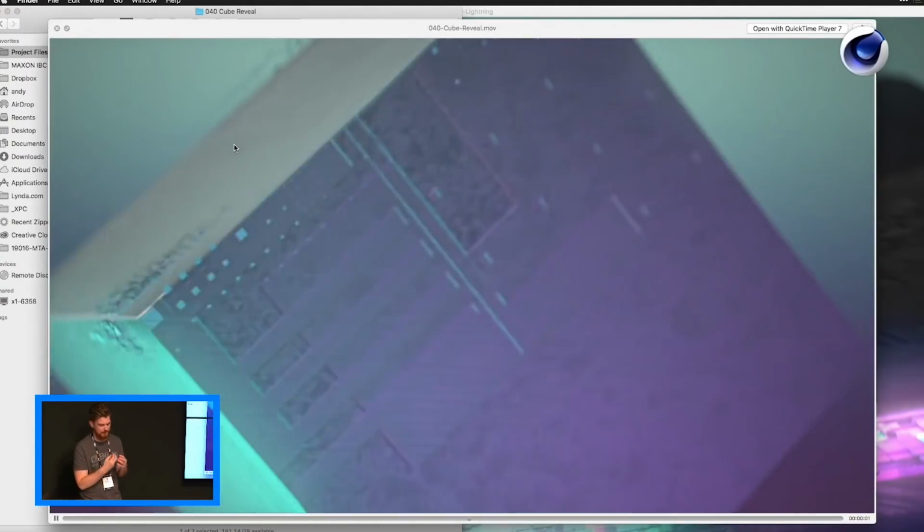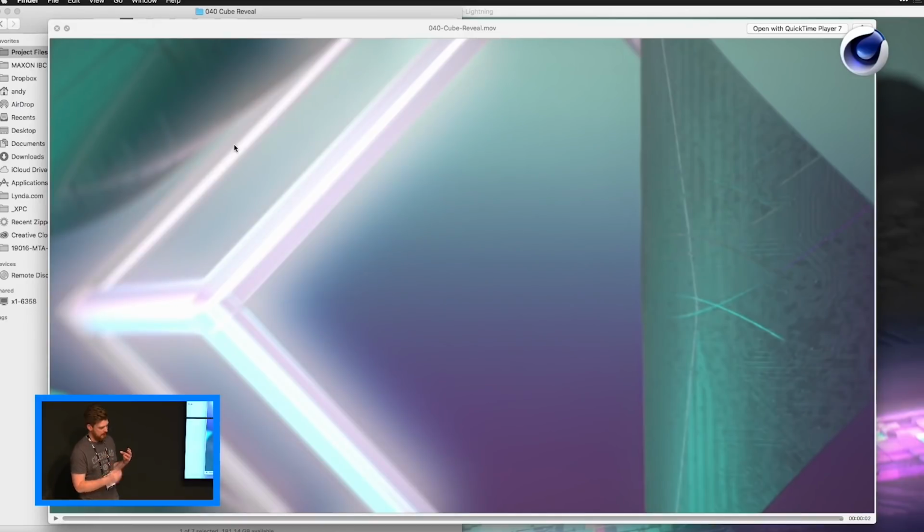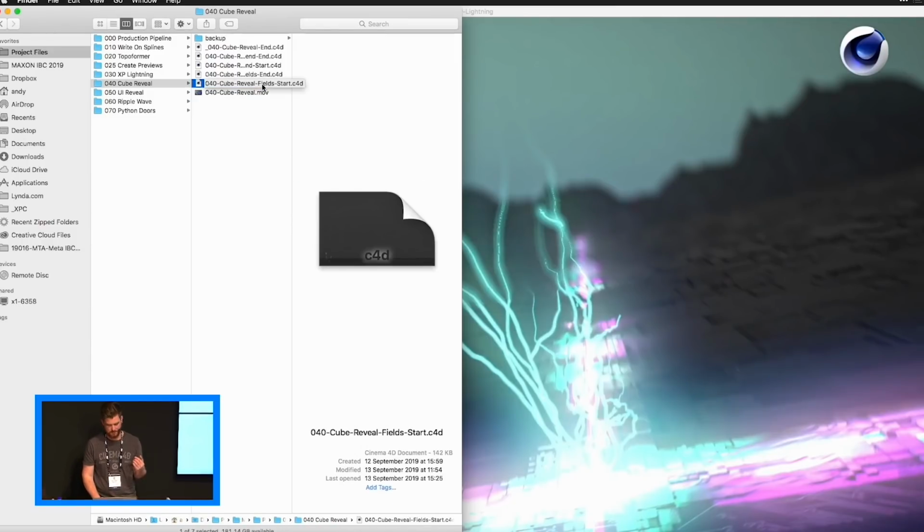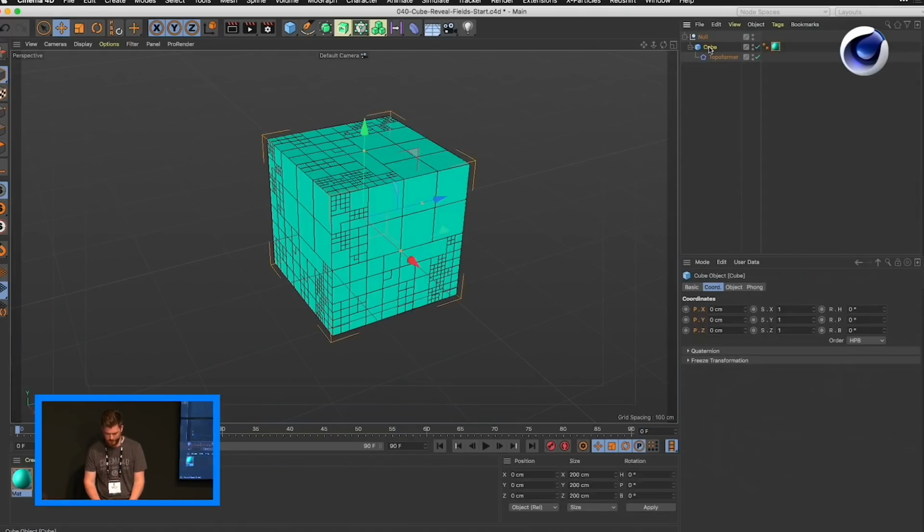Next thing I'd like to talk about is this cube reveal. And we've got a couple of things happening here. The cube's being revealed by basically what we've got is a few cubes within each other, and one's being revealed by using fields, and another one is using deformers. So we'll start off with the fields, and what we can do with this is bring it into the MoGraph